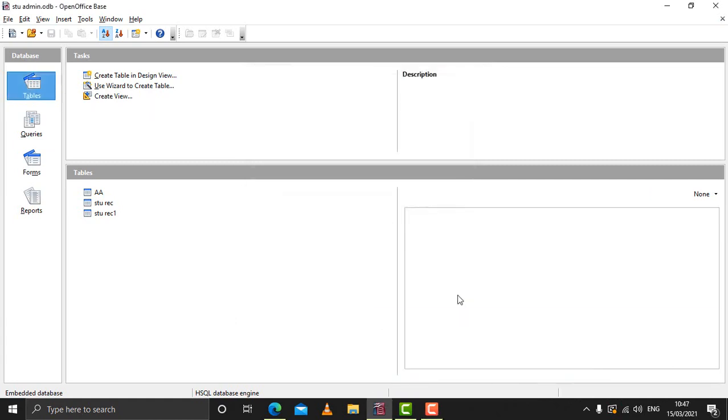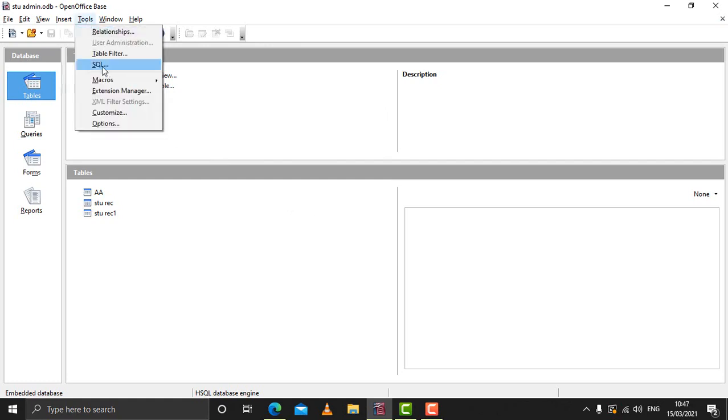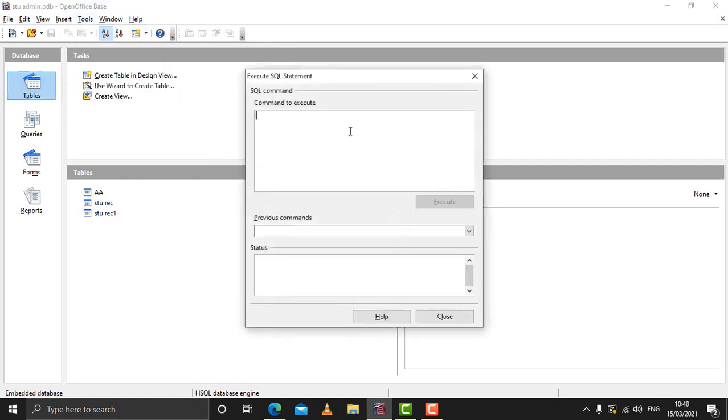The very first command we will use is to create the table itself. For that we will first open the SQL command window. We go to Tools, then SQL, and then type the command. The command to create the table is the create command itself.